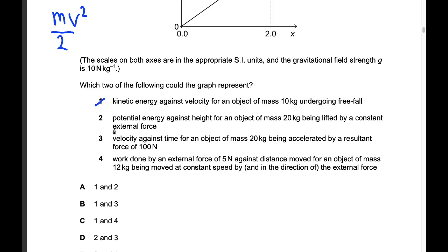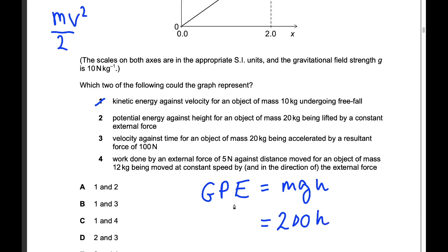Option 2, potential energy against height for an object of mass 20 kilograms being lifted by a constant external force. So we need to use the equation for gravitational potential energy here. So GPE is equal to mgh. Okay, so we need to work out what this constant mg is, or the weight. The weight in this case will be 20 kilograms multiplied by the gravitational field strength, which is taken as 10 in all of these questions. So it's going to be 200 here,